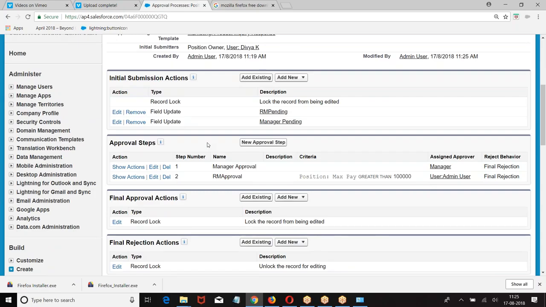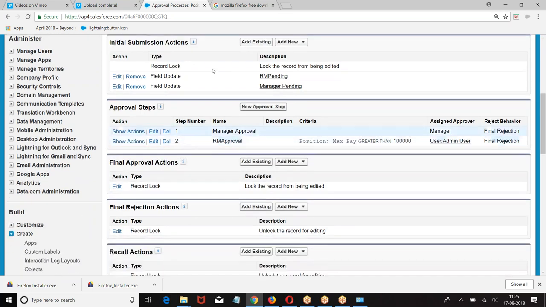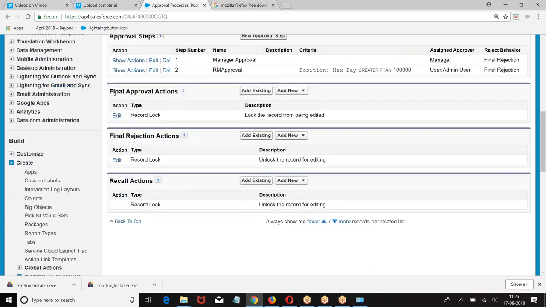Finally, if both of them approved, the record is approved. Any one of them rejected, the record is rejected. Finally, if both of them approved, that comes to what?